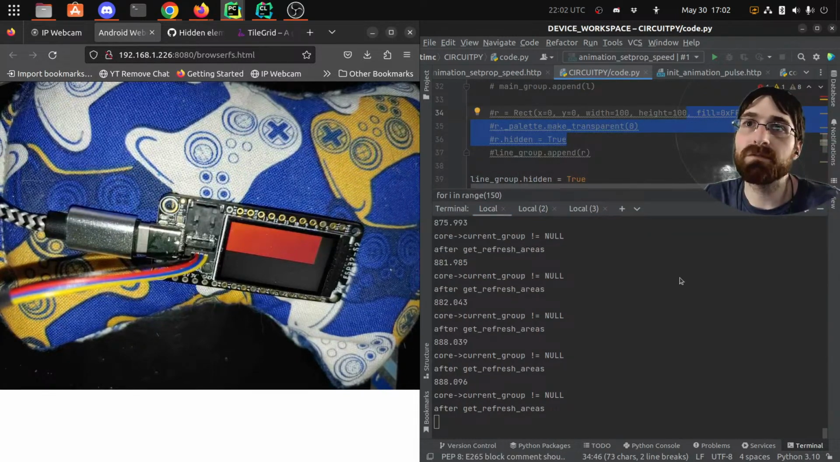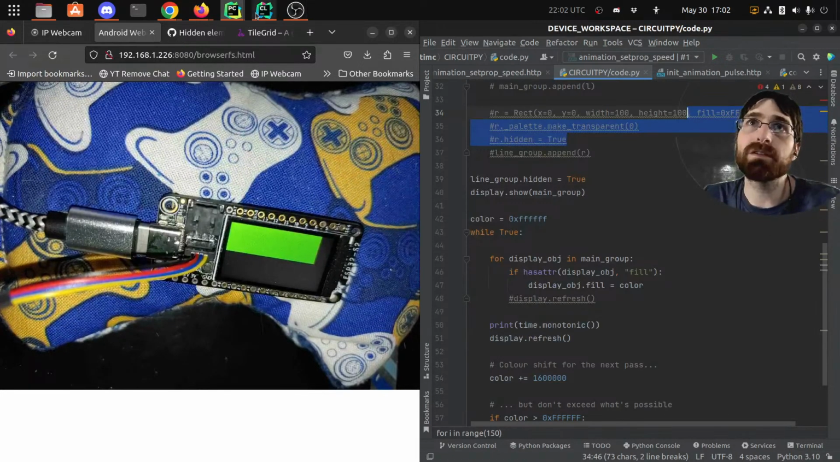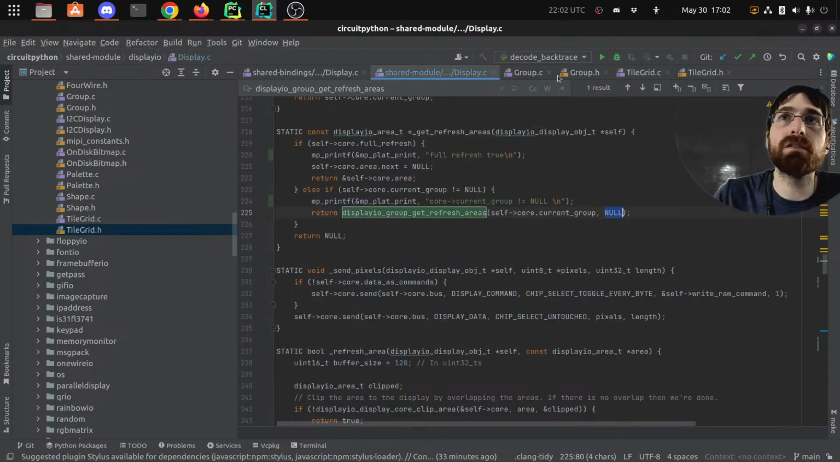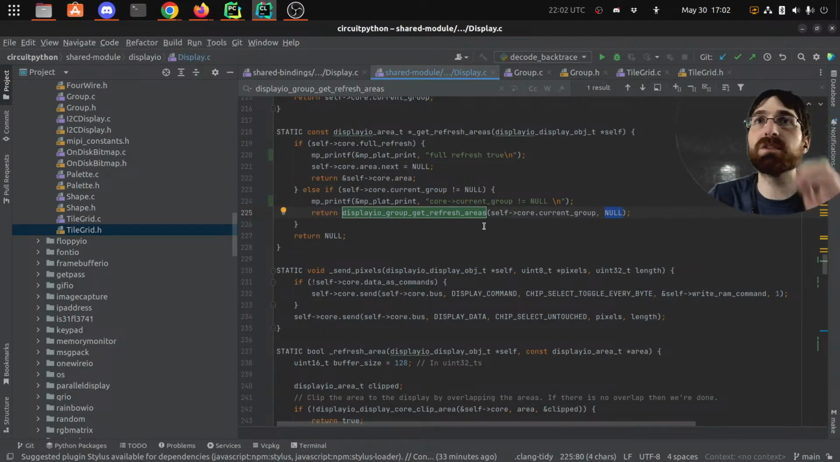Slow-ish. Not as slow, actually, which is kind of interesting. Only about 6 seconds. Like a half to a third. But in this case, the entire group is null, so